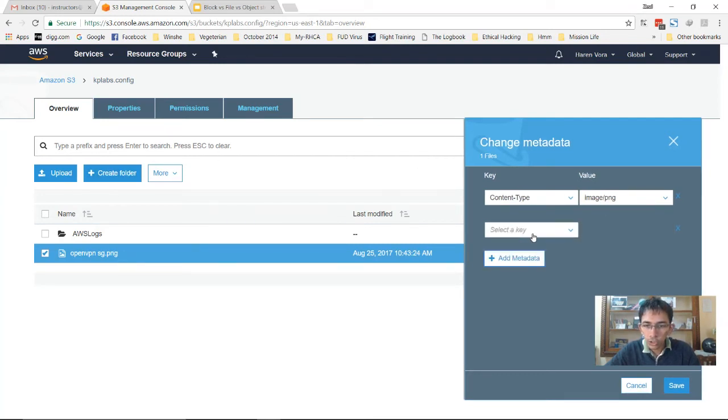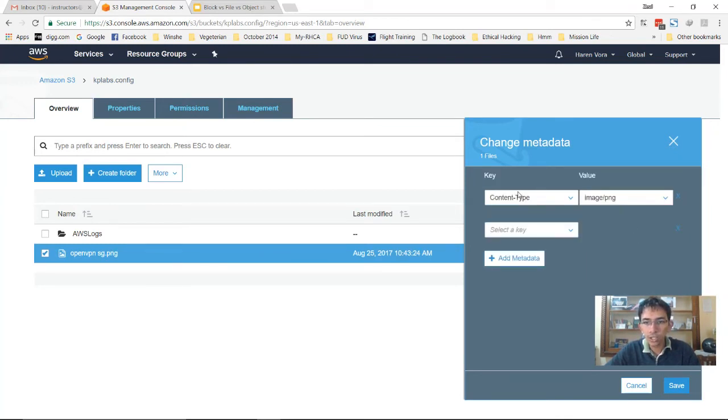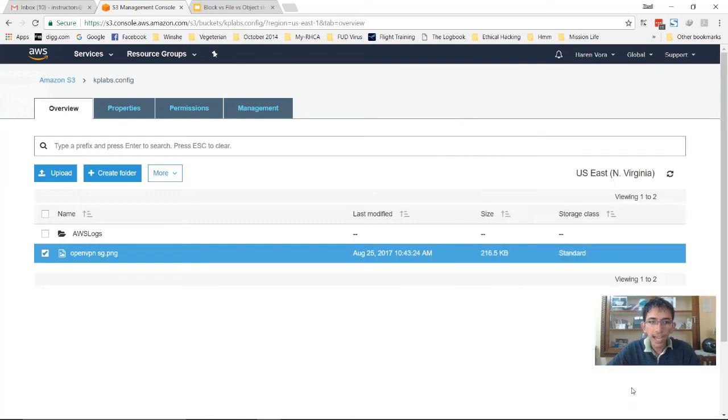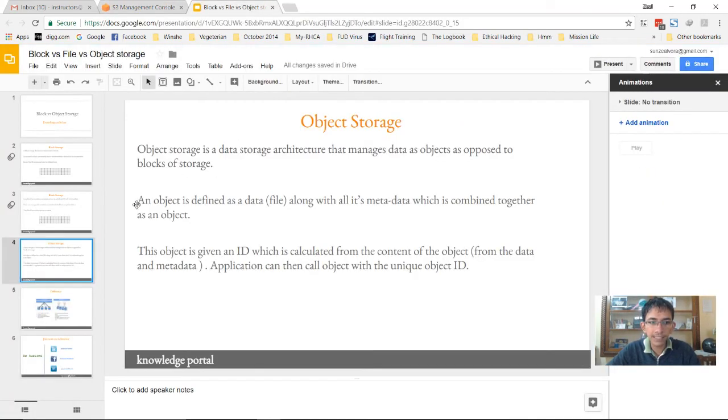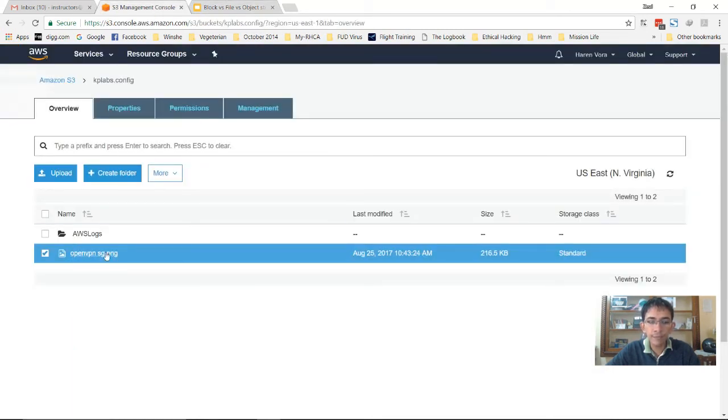You can also create custom metadata according to your requirement. So this is also possible. And this is the major difference. What we call an object in S3 is not only a file, but it is also the metadata which is connected with the specific file.